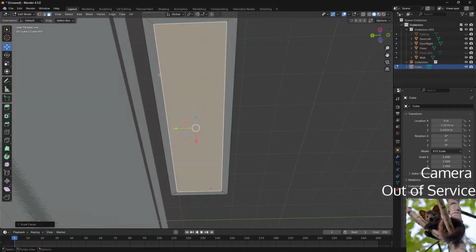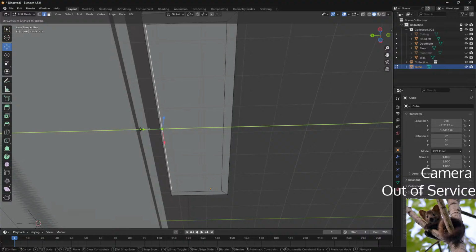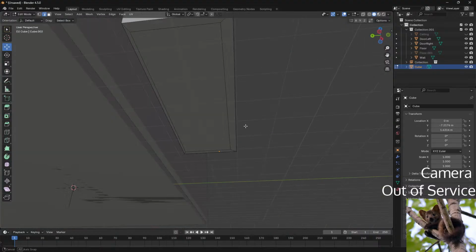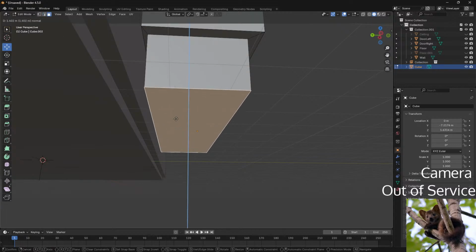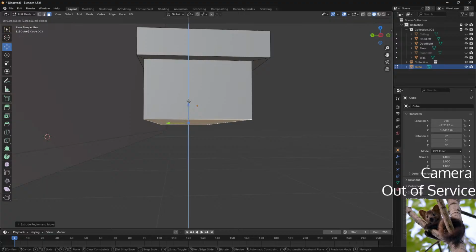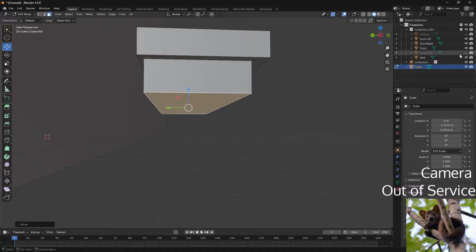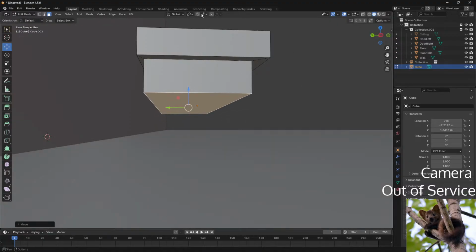Okay, what if this guy, this edge, would be weird. Okay, come back so that we can snap.